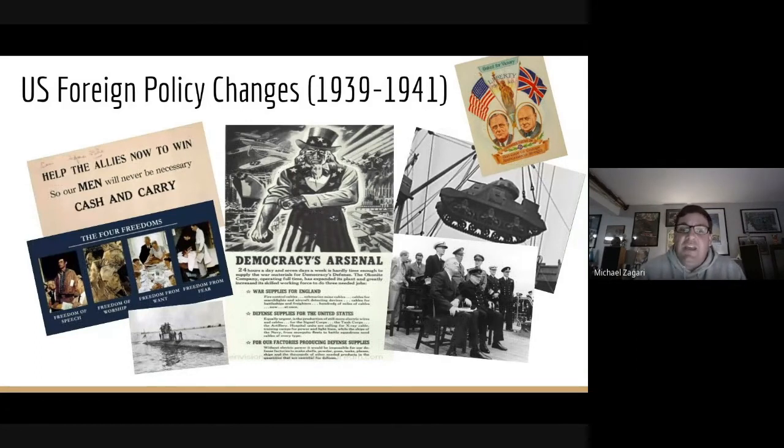And what you see here is that by the time he institutes Lend-Lease, you have the Battle of Britain happening, where Britain is the last democratic nation, so to speak, and they're defending themselves because France has fallen and Hitler has his eyes on the British. And by this point in time, with the Lend-Lease Act, FDR is lending and leasing and not worrying about the monetary value, that the British don't have to pay right away for any weapons that they're using.